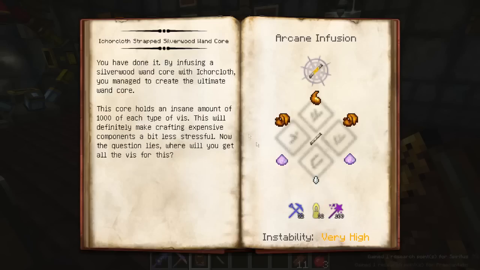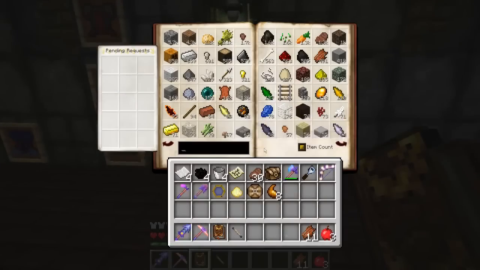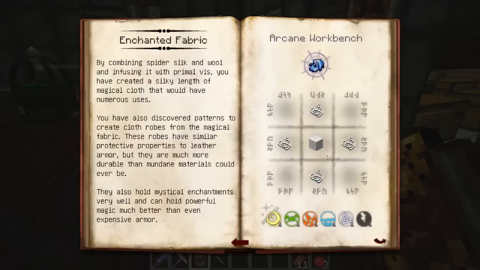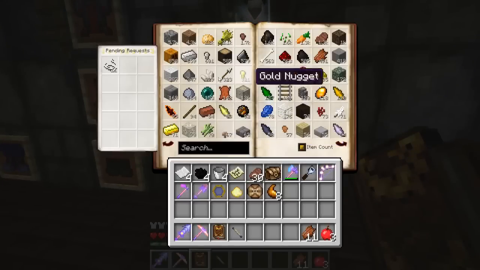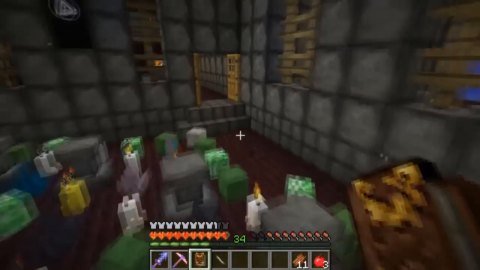We need... Now, we need Ichor cloth. That's expensive. And I don't even know if I'm going to be able to make this yet. Well, we need to try, right? So that takes... we need 2 Ichor cloths, so 1 set will do it. Oh god, we need enchanted fabric too. Alright, we need wool. 3 wool. We need 3 diamonds, which we are starting to run low on, so when we start getting into this even heavier, we're going to need to, as soon as I have enough to enchant this,